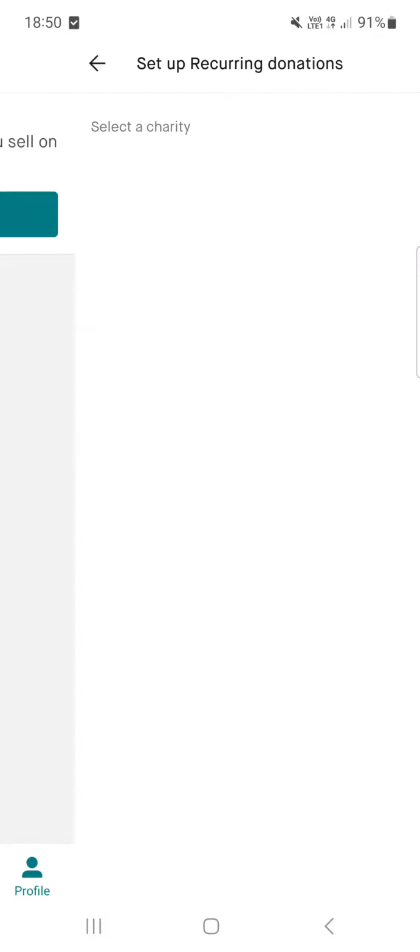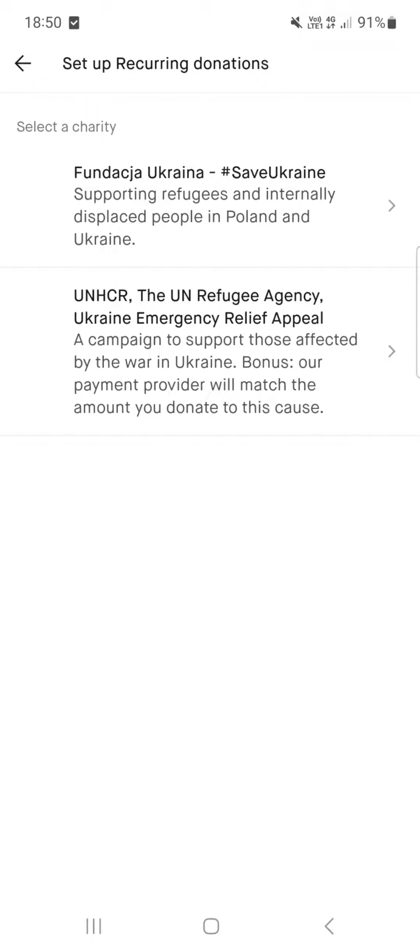continue by tapping on setup recurring donations, and donate a part of our profits to one of these associations, let's say one of these foundations, to help